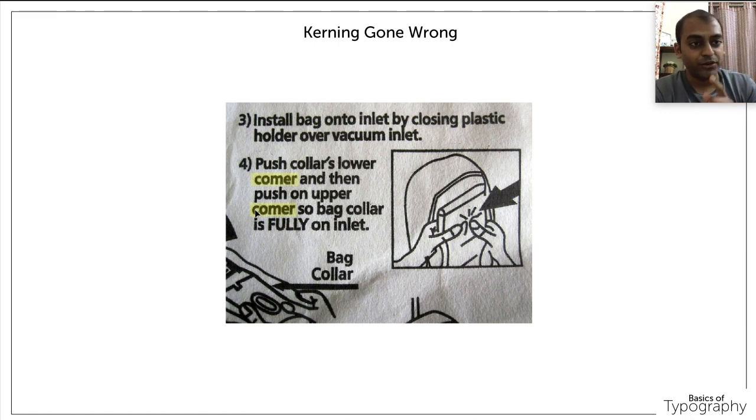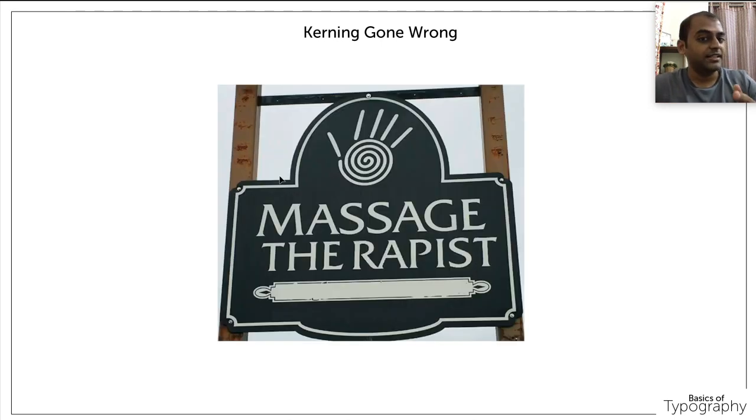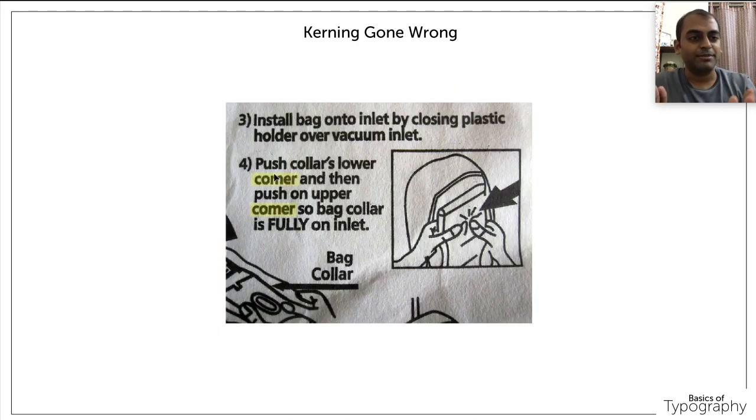Don't overkern your text and make it unattractive and not readable. Here R and N have been clubbed together and look like an M, and it just spoils the entire readability of the design and makes the design non-understandable. You can't understand what is meant by this word, so there is no point in designing this. So don't overkern. Same thing here, and this is a much bigger error, because the word's meaning itself has been projected wrongly. Here the kerning has been overkerned, which means it is tightly packed.